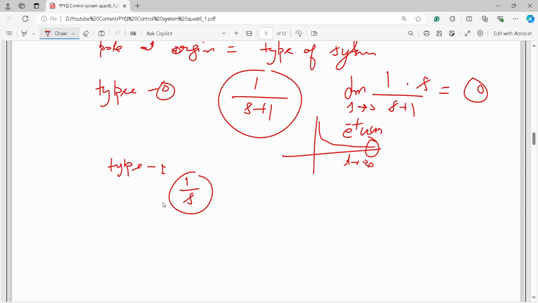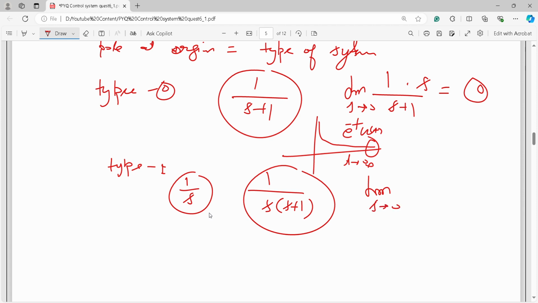Okay, so if we take a type 1 system and apply the final value theorem, then s cancels out and we get the value 1. Like if you have a function 1 by s into s plus 2, then here too we will get the final value 0.5. All right,